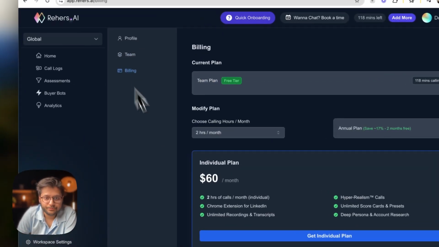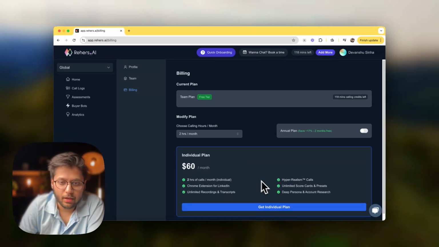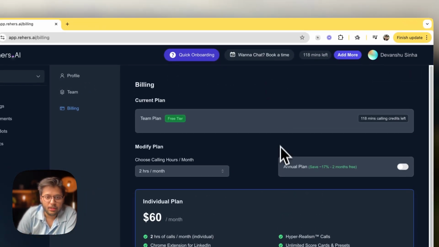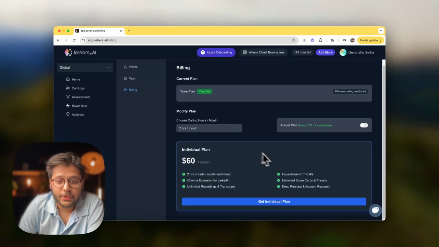So let's go to the billing. And here you can see that we are on the free tier right now at Rehearse, right? This is an admin account, so it doesn't really need to be on any tier, but this is just for demo purposes. When you log in, you will see that you're on the free tier,